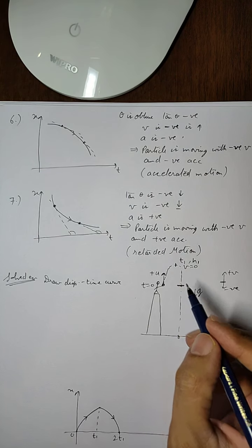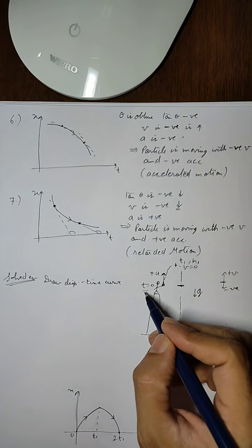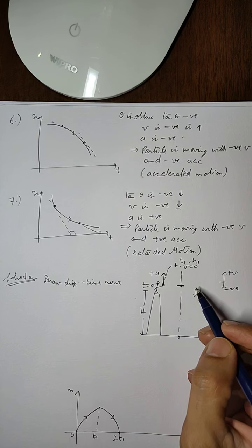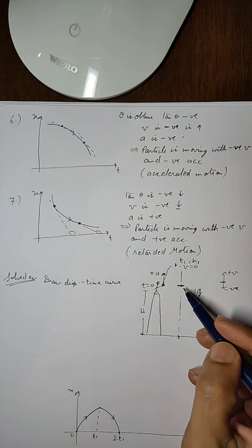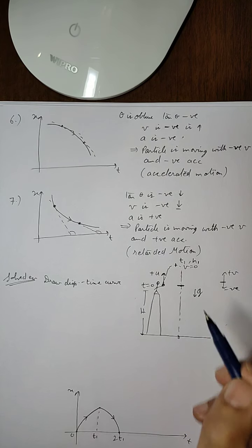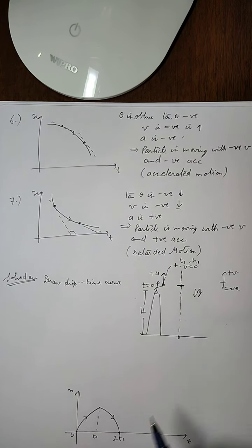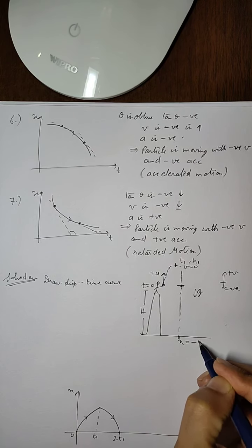and after this the ball comes to height h. Let us say this is the height of the tower. The ball comes to height h, and then the ball will reach the starting point at 2t1, and it will keep on going downward. So now the velocity is keeping on increasing, the displacement kept on increasing in negative direction, because this will be minus h.